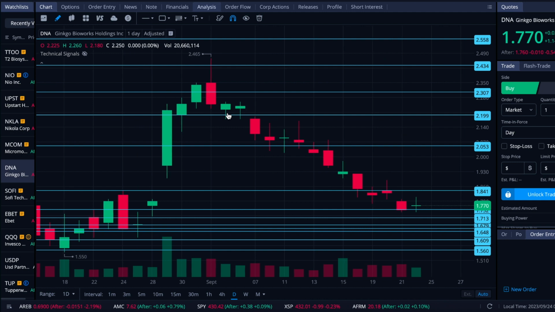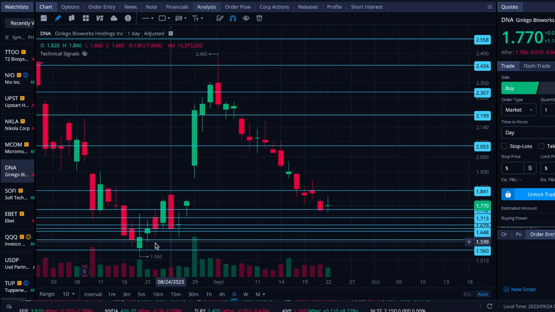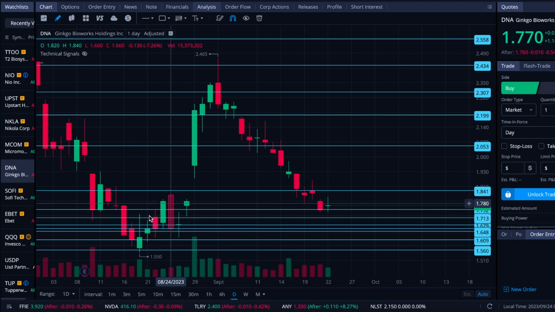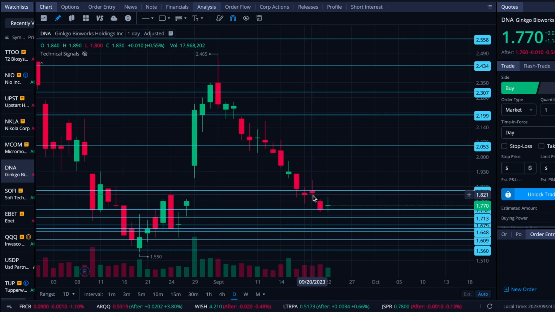Okay, DNA. So we have a bunch of levels in here below where the price action is. That's because this may have been about where we were when we charted. I don't recall off the top of my head. We do have this gap that was left on this big up 24% day that has now been filled. So, could sort of say congrats for filling the